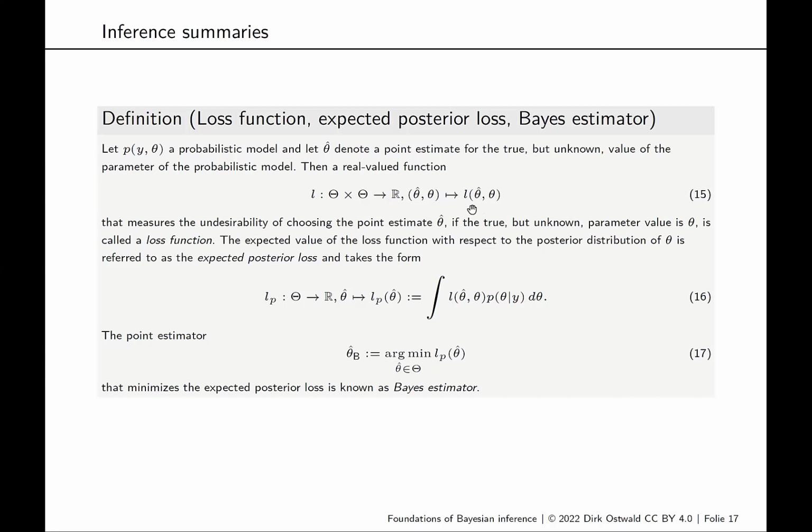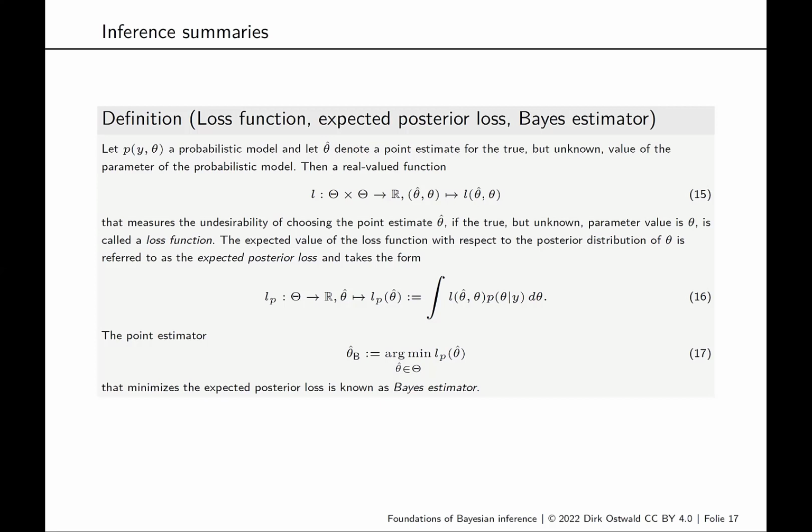The theta hat that you see here is the number that we report, so the point estimate, and theta is the true but unknown value. And over all the possible values of the true but unknown value, we now have a posterior distribution, p(theta | y). Then we can ask, if this is our setting and we want to figure out what kind of estimate to report, let's quantify that, and let's take the average of our loss, which just quantifies how undesirable it is to choose a certain value theta hat